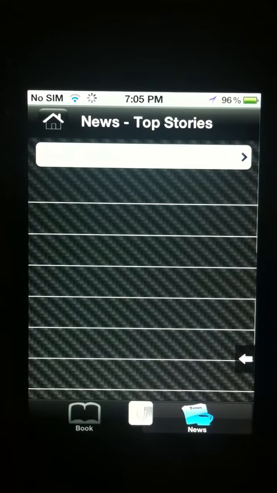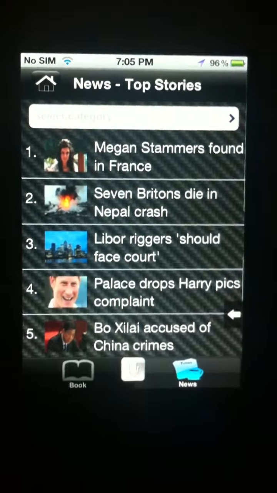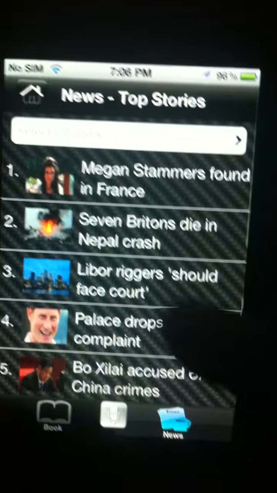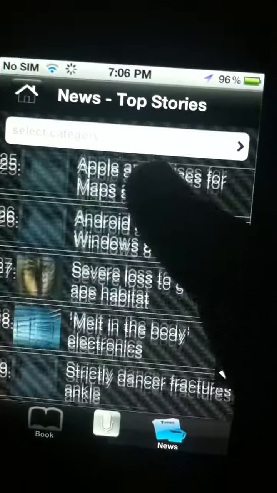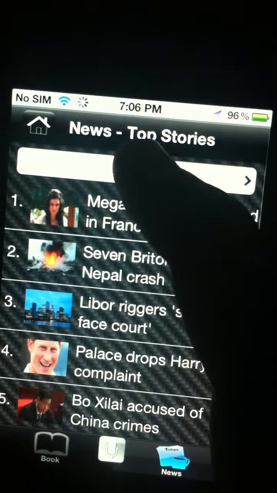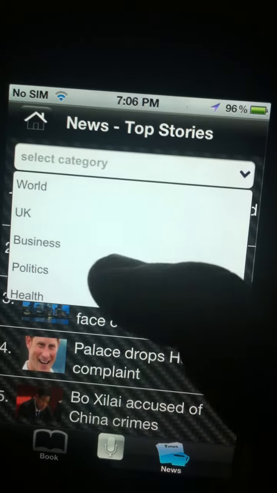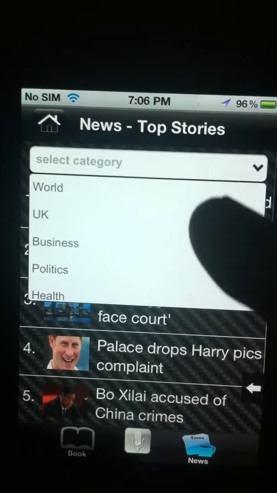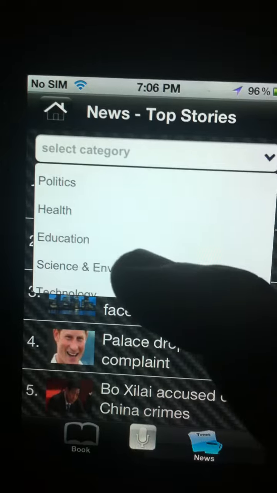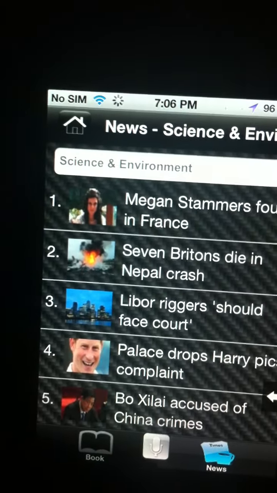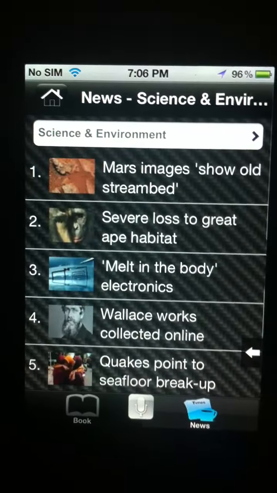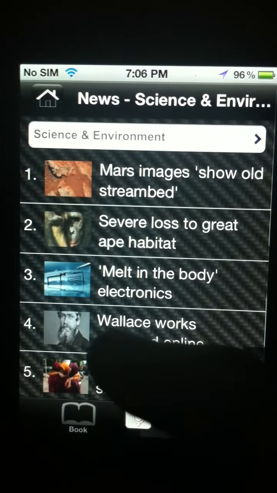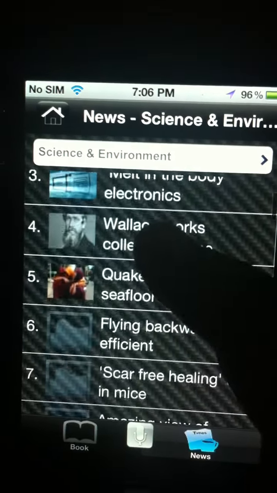So here is my news section open. I have various news contents here, so I can read any of my interesting news. Also here is a select category drop-down button, so I can select the categories of news I want to read. Let's say I want to read the news about science and environment. I will just click over here and it gets refreshed to my latest news in the science and environment